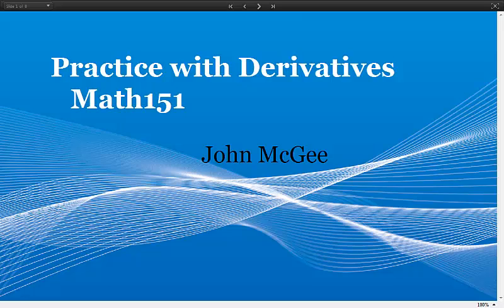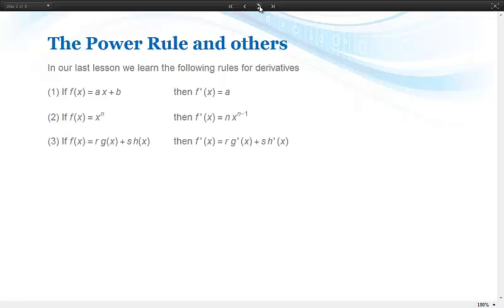Welcome to Math 151. Our lesson today is practice with derivatives. We're going to get some more experience with the power rule and we'll see how that applies in some very special cases. So, reminder of what we went over in the last lesson, that if I have any linear equation,